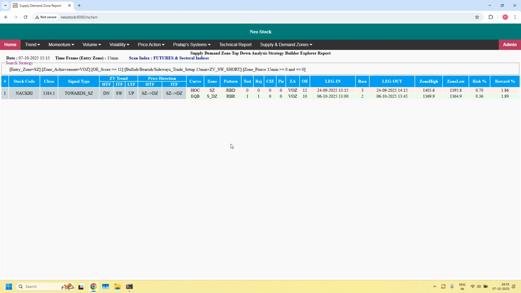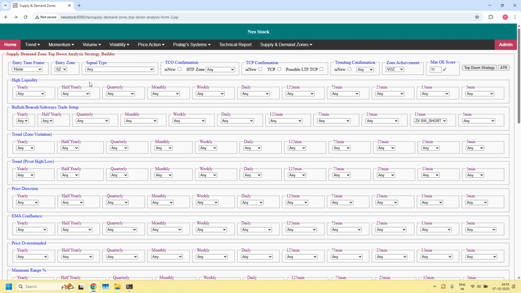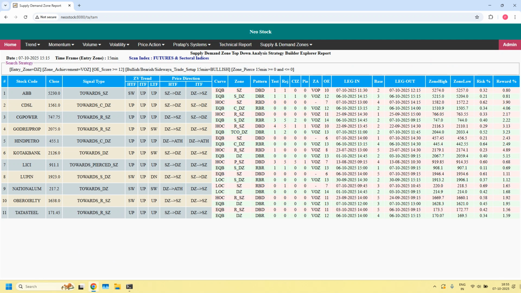Okay, next bullish trade setup for daily income trade. Changes are 15 minutes demand zone, here bullish, and also minimum odd enhancer score should be 12. We got 11 stocks supporting bullish trade setup for daily income trade, and all the entry time frame zones are 15 minutes demand zones. Out of these 11 15 minutes demand zones, let us identify high probability trade setups as